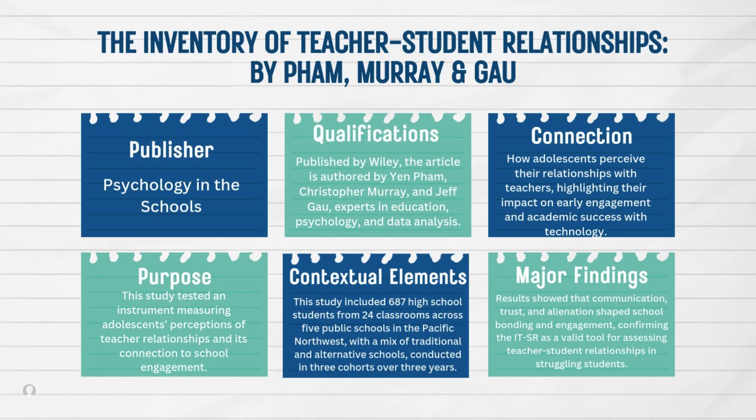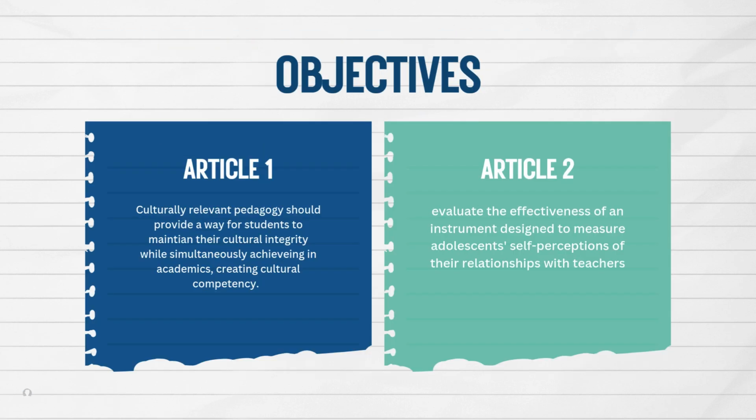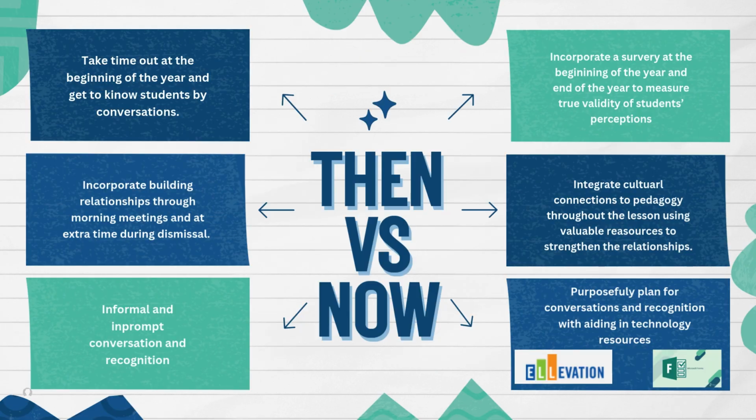By using the experiment examined, I decided to create a mini-study to better understand my students and strengthen our relationships. Using this data, I can meet students where they are, foster communication and trust, and observe how cognitive engagement grows as these connections develop. Using the purpose of both articles to improve my teaching practice, Article 1 is using culturally relevant pedagogy while incorporating technology procedures from Article 2 to measure a difference. This slide is looking at my practice before this article and then applying the information in this article.